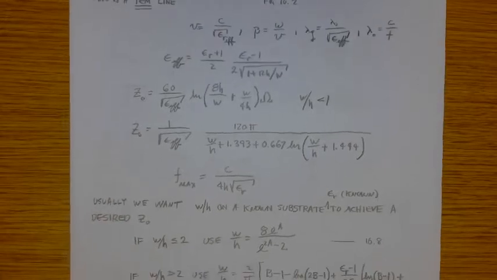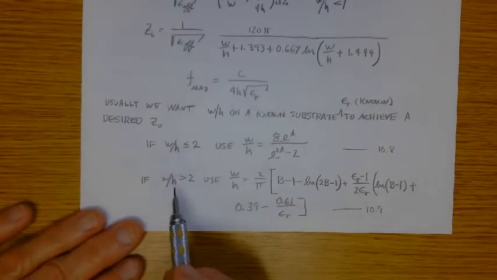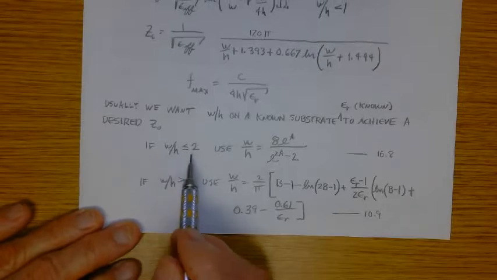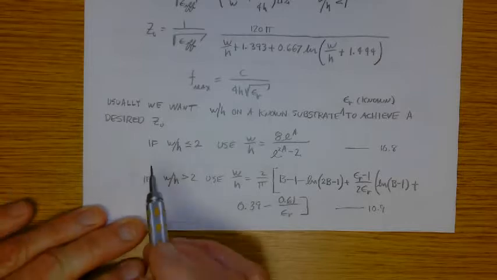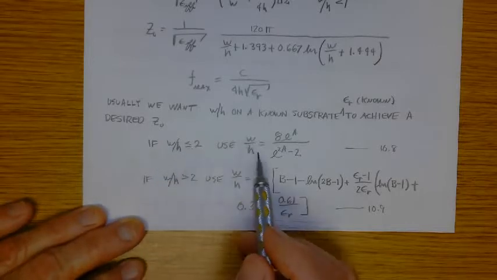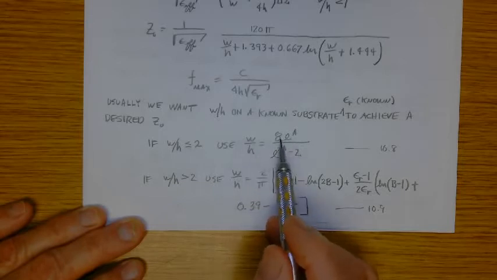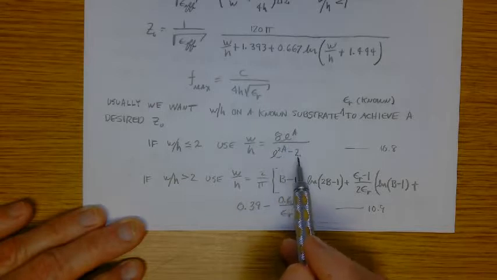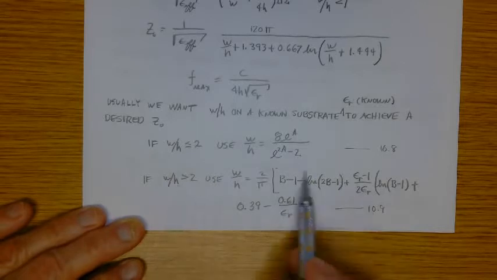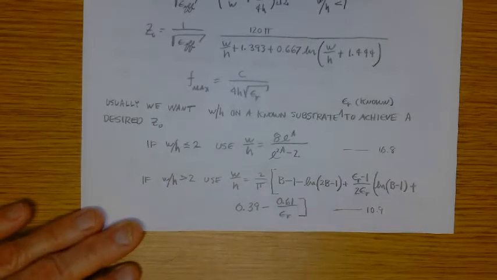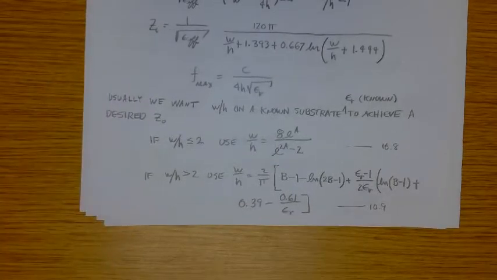So it turns out, going the other way, we have two different formulas depending on whether the width to height ratio is less than 2 or greater than 2. You'll see this when you read the text. So in the event that W over H is less than 2, then the W over H ratio is given by e to the A over e to the 2A minus 2. And if W over H is greater than 2, it's given by this more complex formula. But you can see those formulas in the